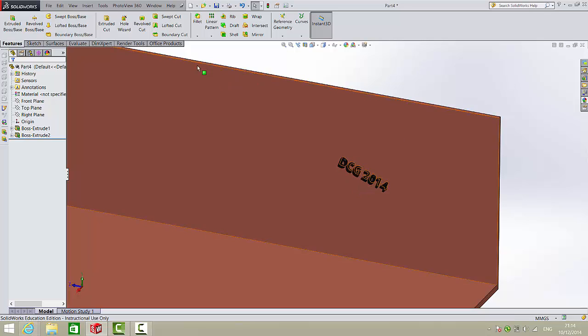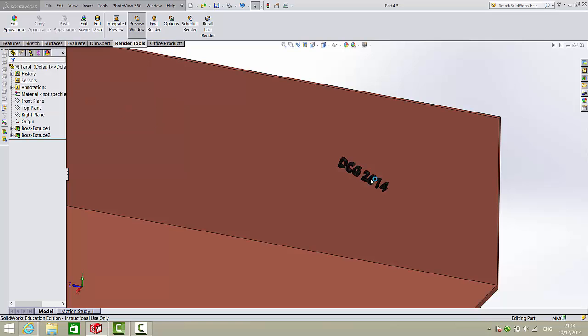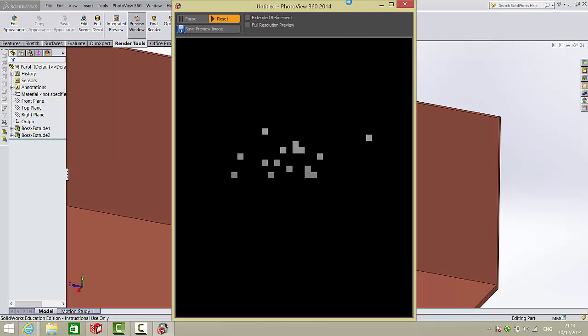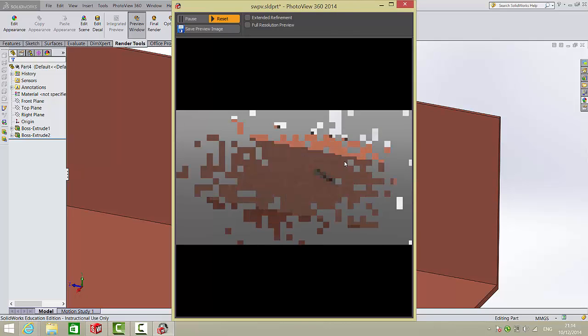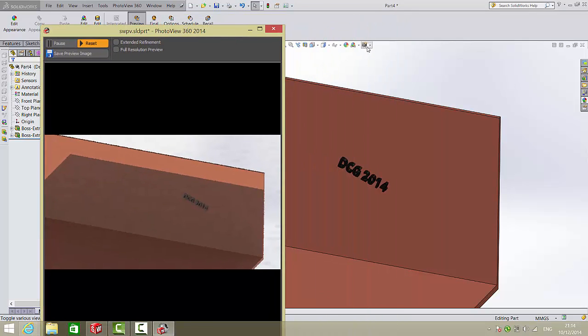So the first thing we're going to do, and in fact I'll press render tools and a preview window. That's just a little warning telling me I should really turn on perspective. So wait for this, and it looks okay, but you can see the shadows are all wrong. So the first thing I will do is turn on perspective,